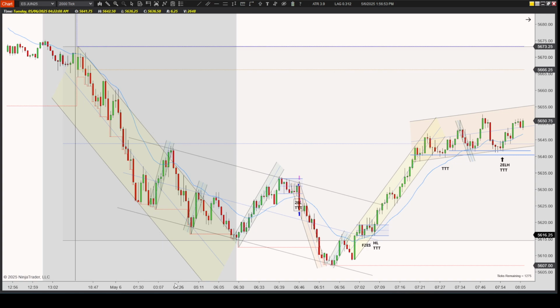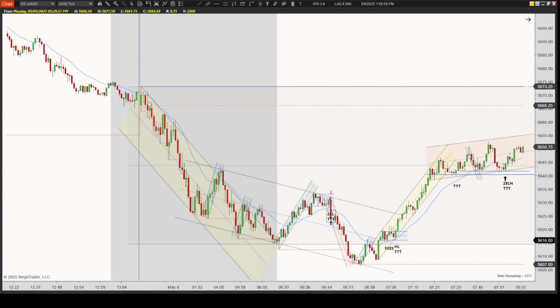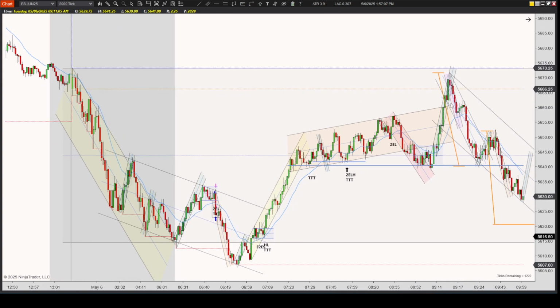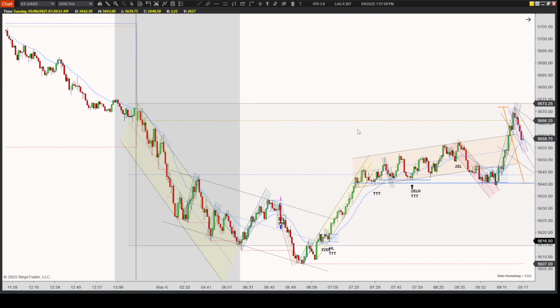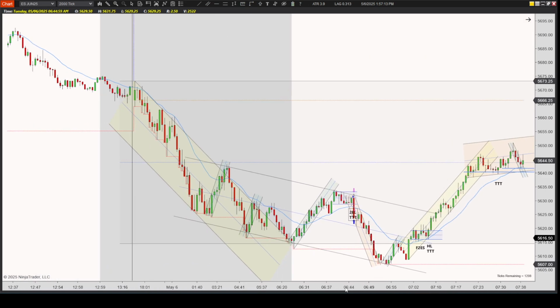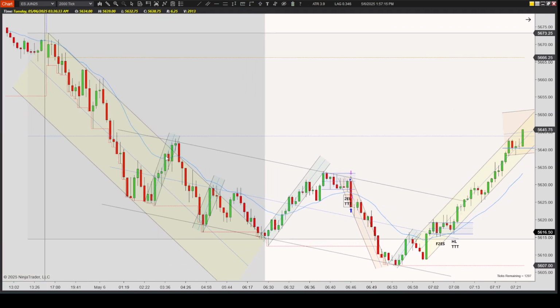Pre-market, there was a gap down from yesterday's close, just flushed down. This is the low of day from yesterday. It closed and then gapped down. So I anticipated a close of that gap, and it did close the gap later, but it meandered around with some funky price action. Pre-market, it's just chopping.